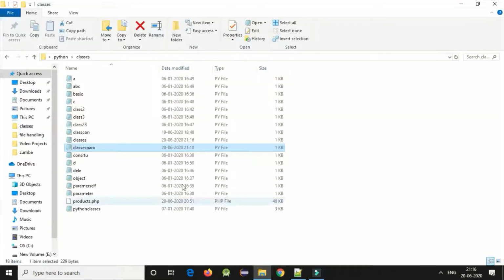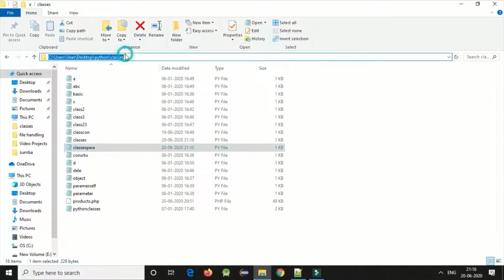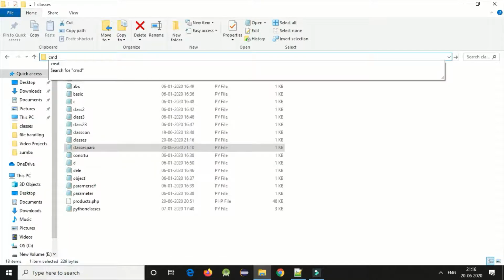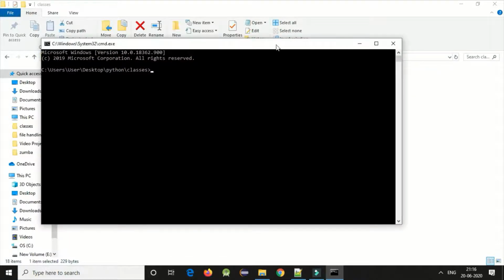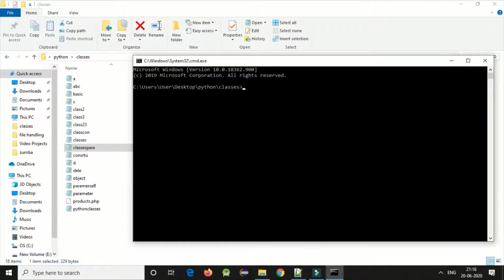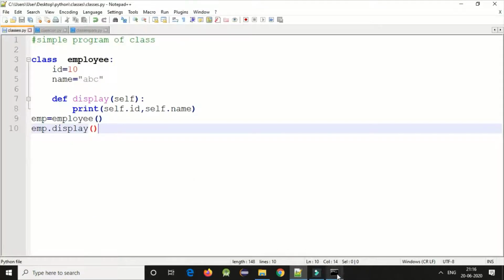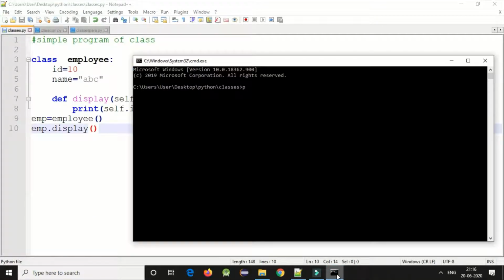Now just save this program and we are going to run it. Just go here and open cmd. Now I am running this program: python classes.py. See, 10 abc, it's printing.